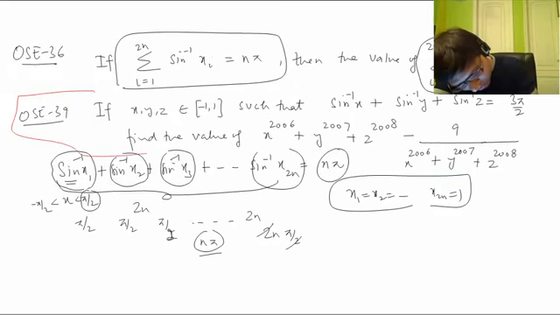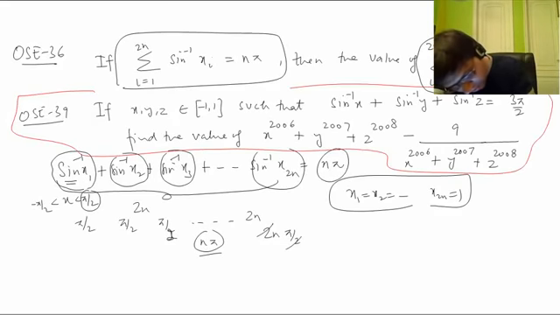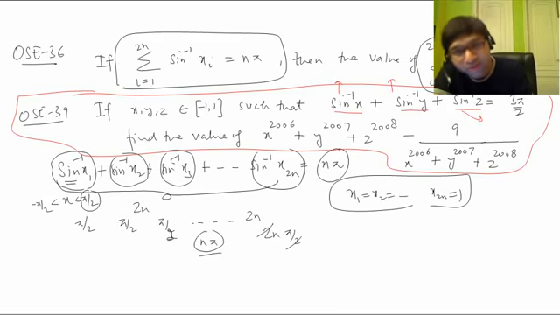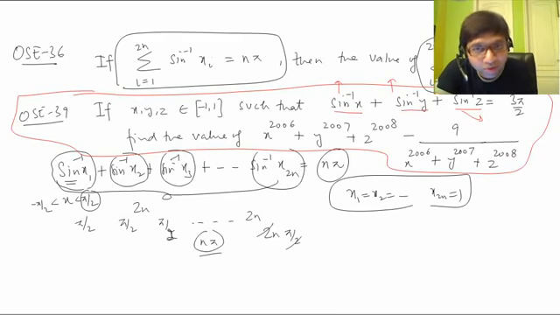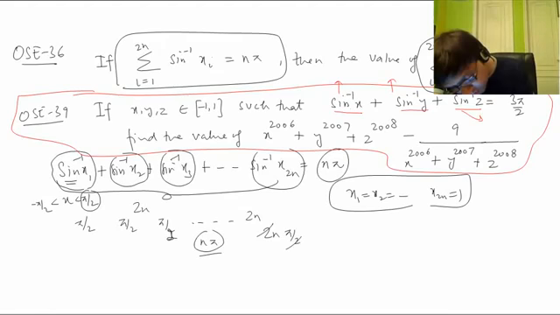Now if we see the OC 39 in between, this is exactly the same question. You see this part, sine inverse x plus sine inverse y plus sine inverse z equal to 3 pi by 2. Now the same idea: if each and every part contributes at maximum, the left hand side will be 3 pi by 2 when each and every part contributes pi by 2, which is the maximum value it can contribute. So pi by 2 plus pi by 2 plus pi by 2 is 3 pi by 2, and each is contributing pi by 2, which means this ratio x is 1. This contributing pi by 2 means this ratio is 1. This contributing pi by 2 means this ratio is 1.